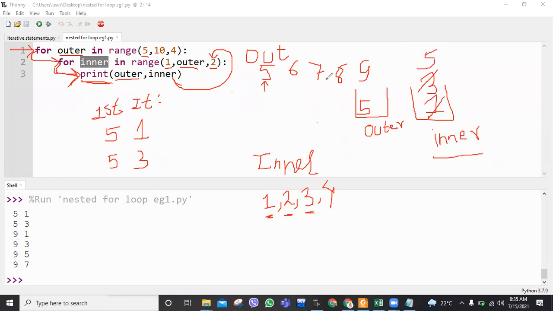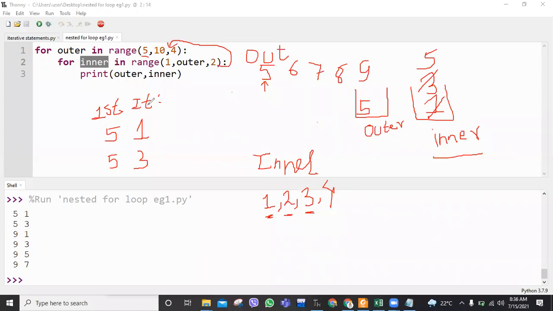But as you can see, this 5 is out of the range. So this condition evaluates to false, meaning it does not find any range value. Since there are no further range values for the inner loop, your program controller starts moving towards the outer loop.